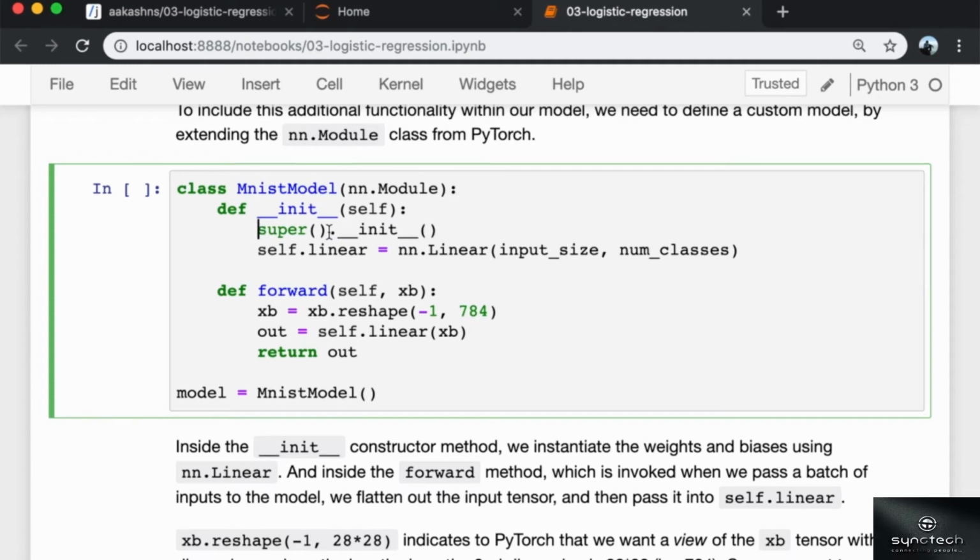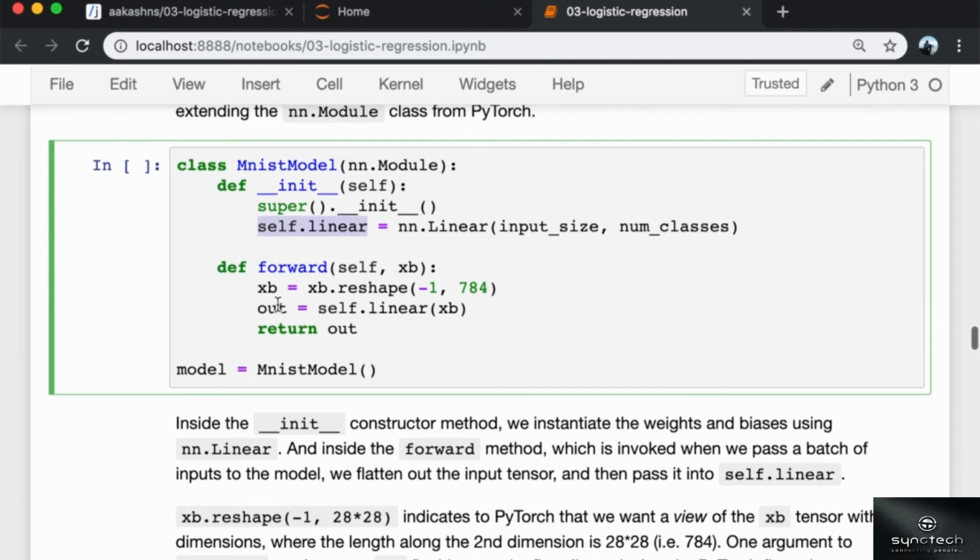We have to call the __init__ method of the super class, and then we instantiate the weights and biases using nn.Linear, and we set it inside the .linear attribute of this model. Okay, then we also need to define a forward method. So this is the method that is invoked when we pass a batch of inputs into the model.